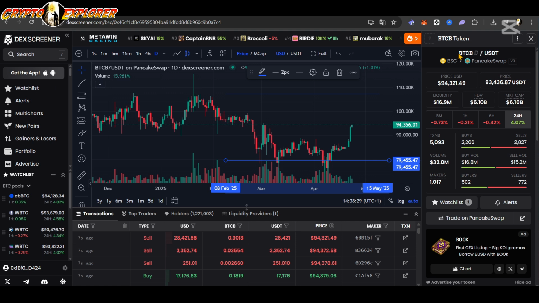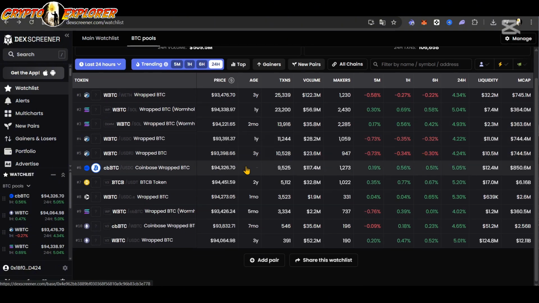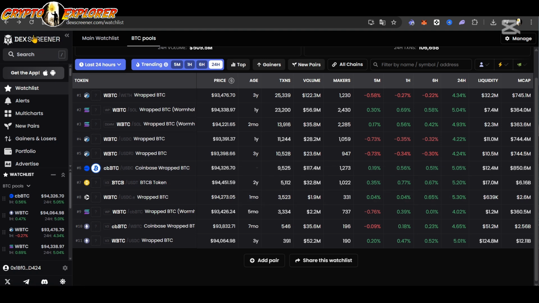Now this is BTCB, which is a tokenized version of Bitcoin on the Binance Smart Chain. It's not native Bitcoin, and the same goes for every other tokenized version that you'll find on any of these pools that I set up. This is something I explained how to do in my previous video by using DEX Screener, finding these pools, tracking them on your watch list,